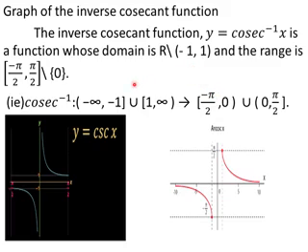And here you can see the next one. That is 1 comma infinity we have, isn't it? So in the interval 1 to infinity, the value of y, if you see, when I replace x by 1 here, cosecant inverse of 1. Cosecant inverse of 1 means it is pi by 2. So at x equal to 1, I have pi by 2 value. Then next we have infinity. Cosecant inverse of infinity means it is 0. Okay, so the value is decreasing like this and it will be very close to 0. You can see here it will not touch the x-axis but it will be very close to that.